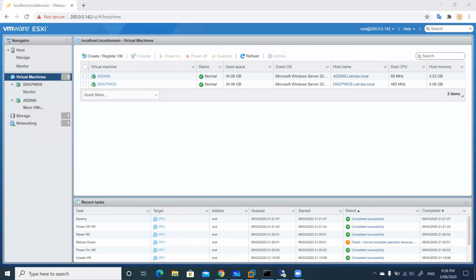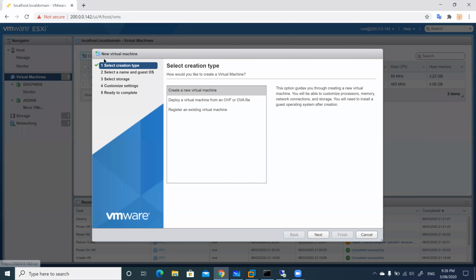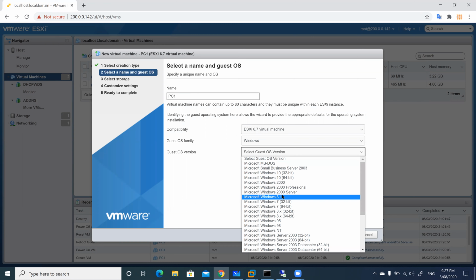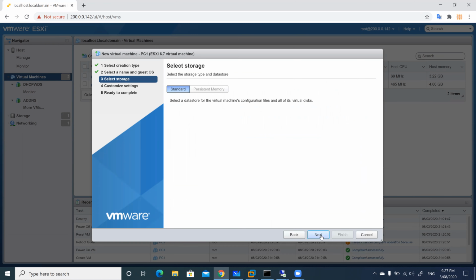So now after starting these services, I want to deploy, install a new machine. So I will go here, I will install the new machine here, and I will say this one is my PC one. I'm just selecting Windows because this is a VMware. Otherwise you just plug in, turn on the system, and plug in the Ethernet cable to the switch. I will select Windows 10 64-bit, next, next.